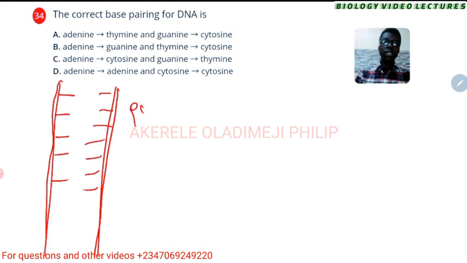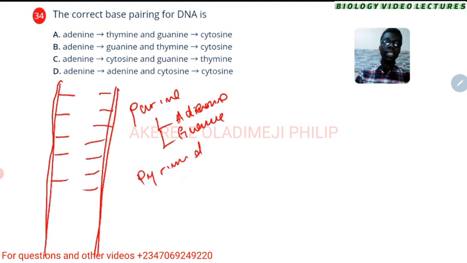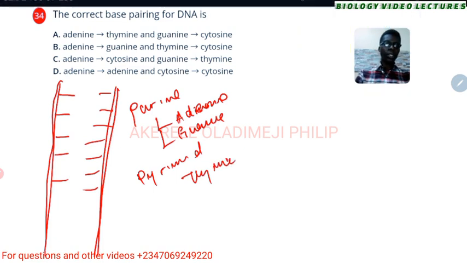The purines are the adenine and guanine, while the pyrimidines are the thymine and,